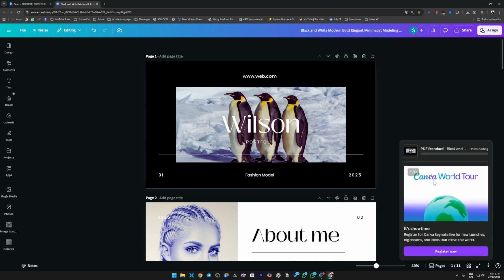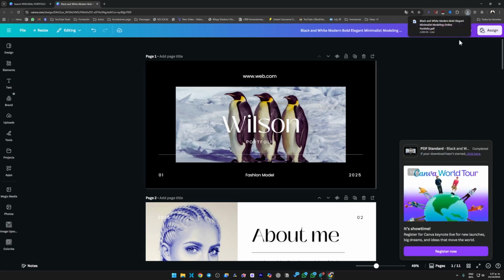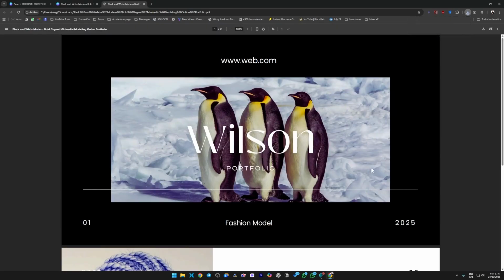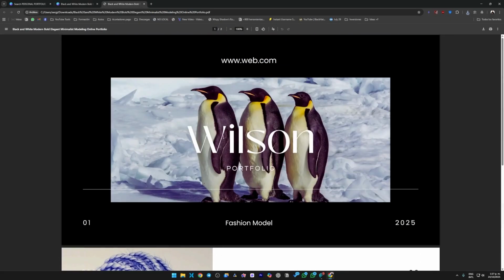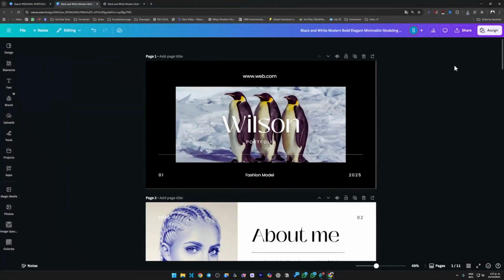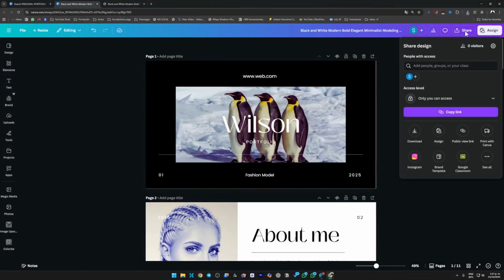Do not enable this option unless your PDF is excessively large because it contains numerous files. In this instance, we just click download and it commences downloading. Let's wait for it to download. Here we have it. We open it in a new tab and you can see the portfolio we created. You might add more elements, and if we go back, we have